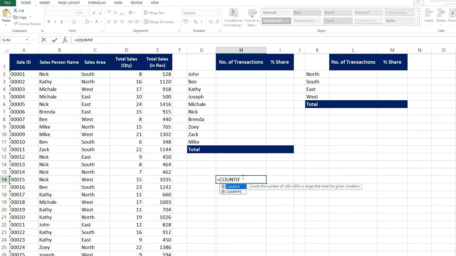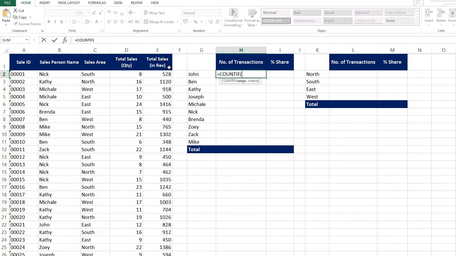Now COUNTIF and COUNTIFS are the count functions which count the number of cells with the defined condition or conditions. In case you are defining only one condition, then COUNTIF is used, and in case of multiple conditions, COUNTIFS is used. In our case, we would be using the same data set which we used in part 1, and this time we would try and complete the desired output.